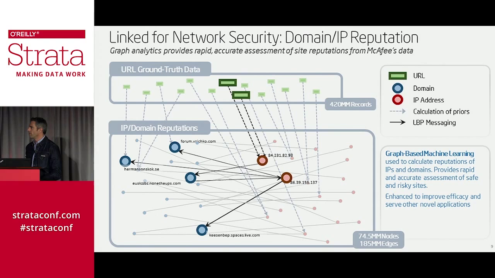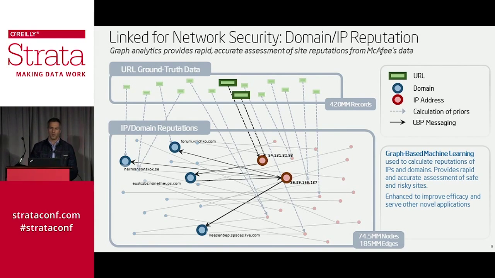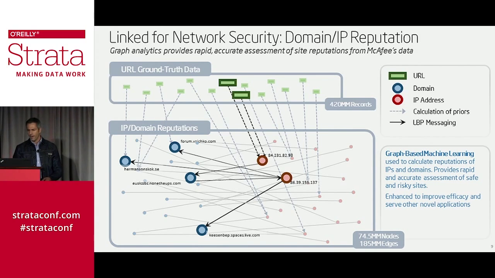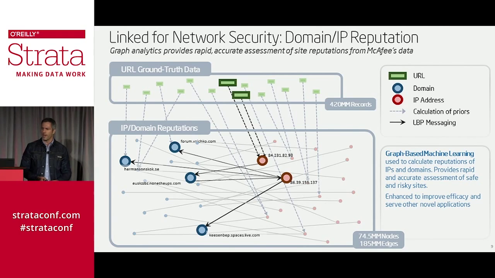Here's another one that we did with our wholly owned security subsidiary, McAfee. So we built a giant graph with them. This particular one is not the one I'm talking about. We have a graph with them that's now 4 billion nodes and 10 billion edges that represents a security problem. So basically, we're talking here about an IP and domain reputation inference problem.